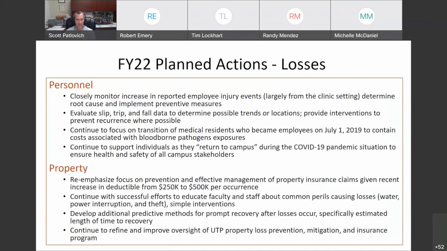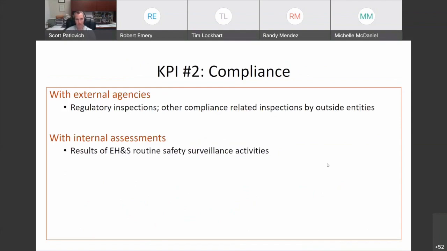As I mentioned, each section has a plan forward. So we look at our data and our experience from the previous fiscal year, and we plan forward what we're going to do in FY22. And I won't bore you with all the details about these different actions, but I can assure you that we build our department and our program goals around this.